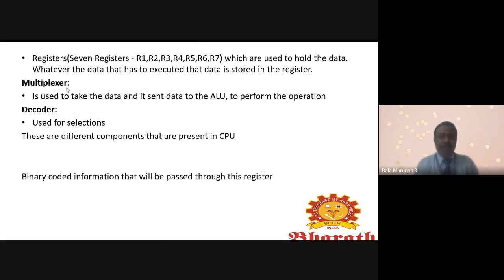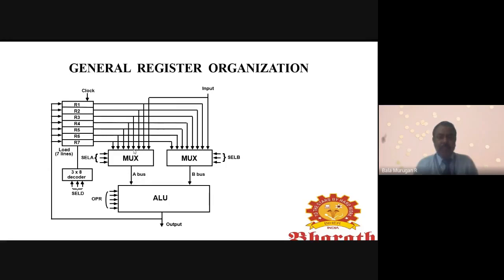The multiplexer takes the data and sends it to the ALU to perform the operation.